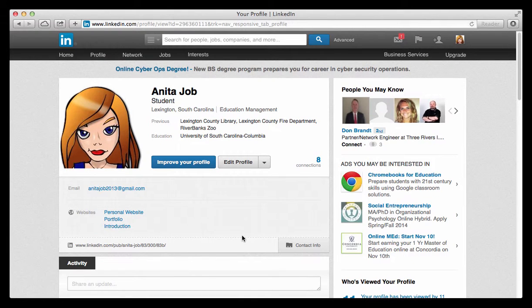After creating the LinkedIn profile, I took Anita through the other steps on how to create a profile in Review and then in Weebly. I liked these programs because you can import data from LinkedIn into Review, and you can link all of them back and forth to each other. On the screen now I have Anita's profile, and it has her personal website. If we were to click on personal website,